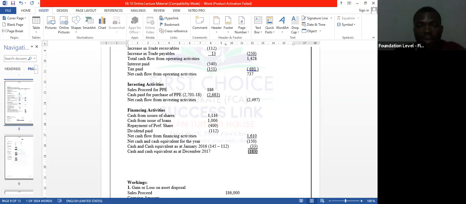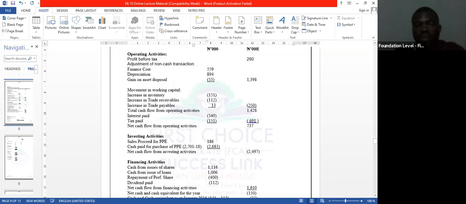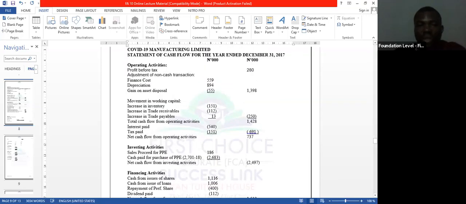So because of our time, that's the indirect method. The indirect method starts with your profit before tax, and after that you adjust for non-cash transactions. After you adjust for non-cash movements, you now do your movement in working capital. Then you get your what? You get your total cash